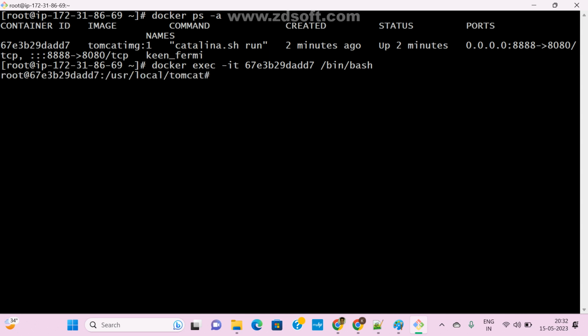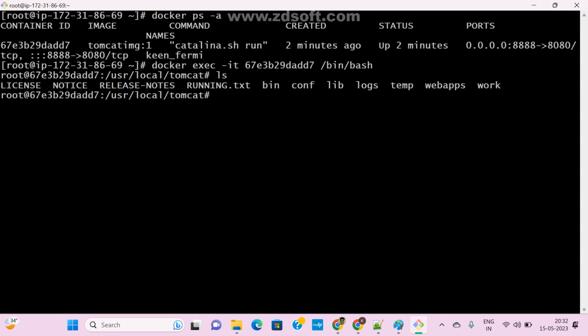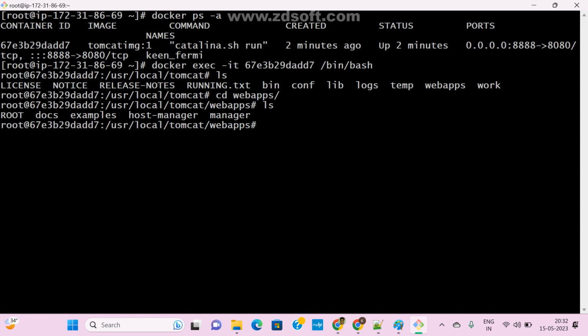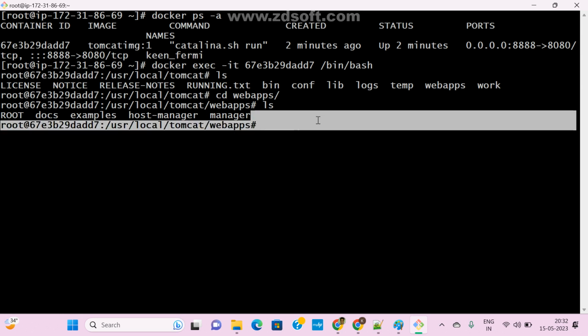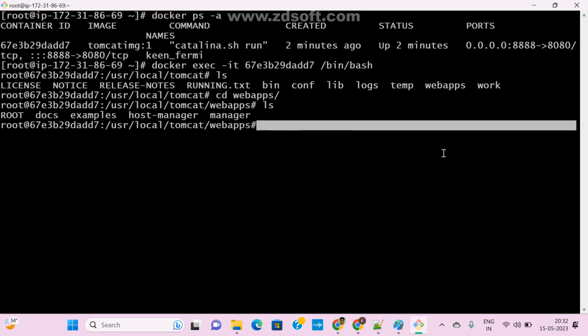Okay. Now, where I copied my sample.war file, let me check. Tomcat, webapps. See here, webapps. Whether it is copied or not, I don't know. Let me check it. So now see here, actually that is not copied. We are not getting an error, but it is not copied. So actually that sample.war file is not available. So that is the problem.